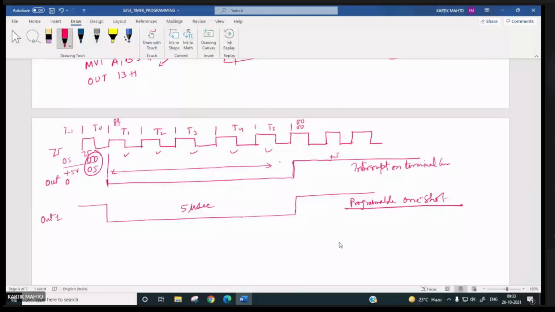So what will happen? Am I correct? This is going to generate this type of voltage in mode 2. Initially, it will be a high plus 5 volt. Then for this much duration, a negative pulse will be generated. Am I correct? Please verify this.